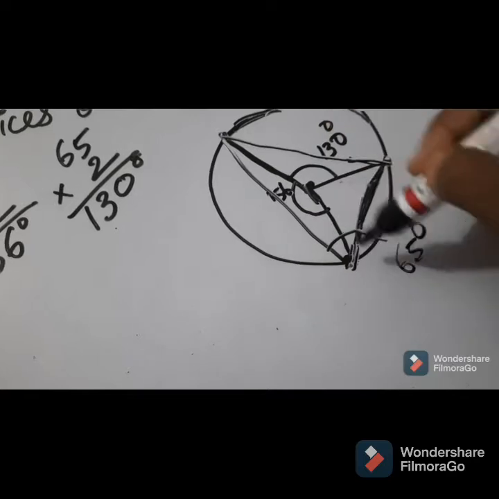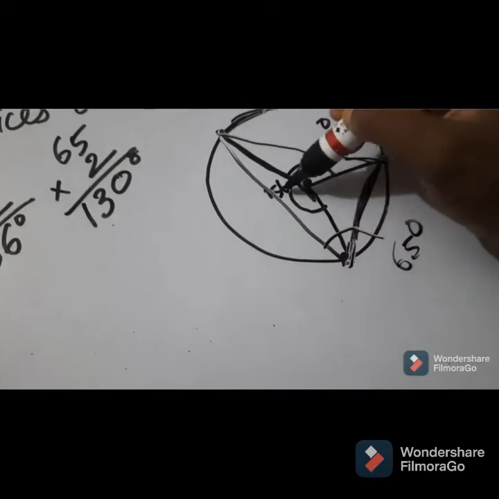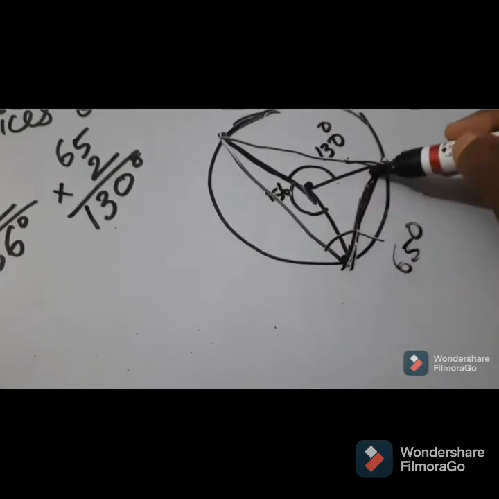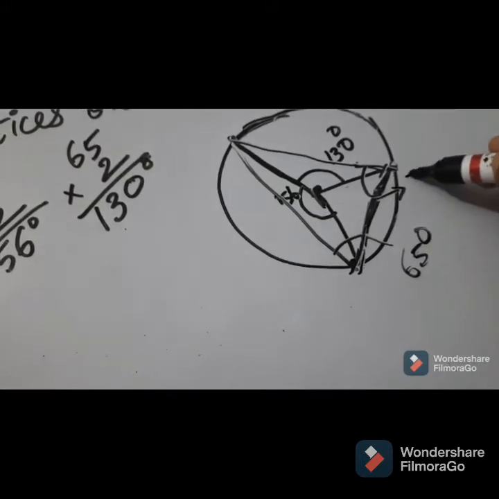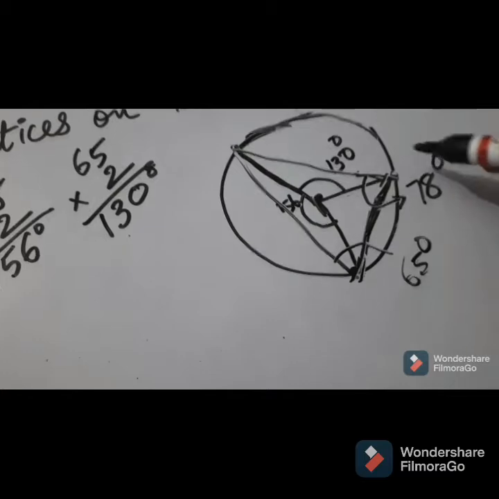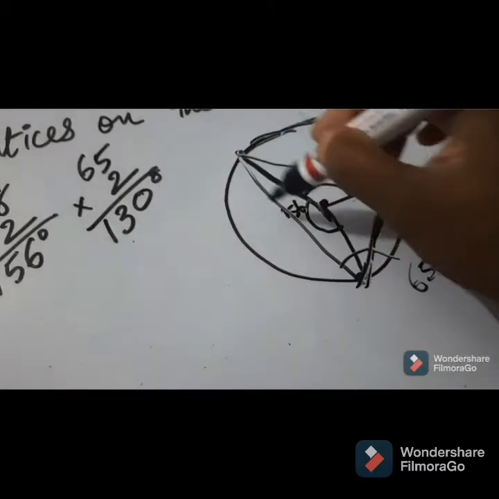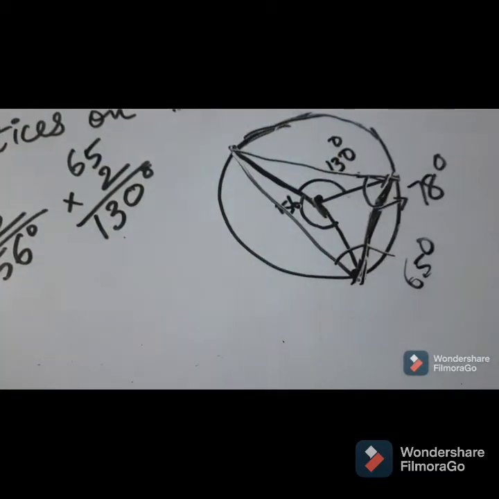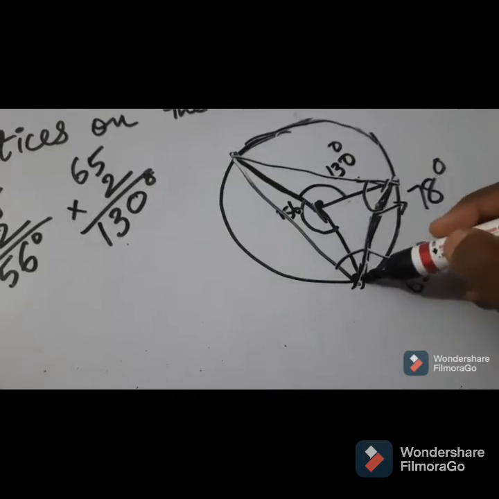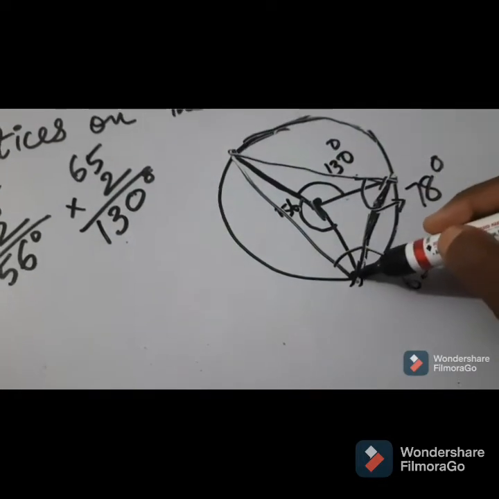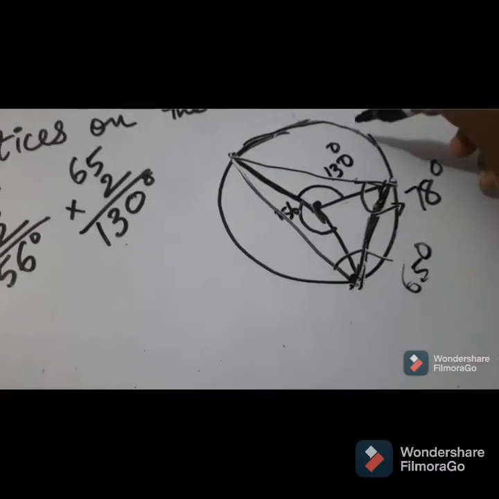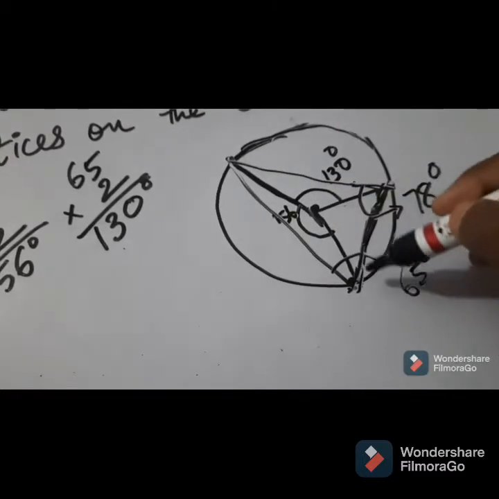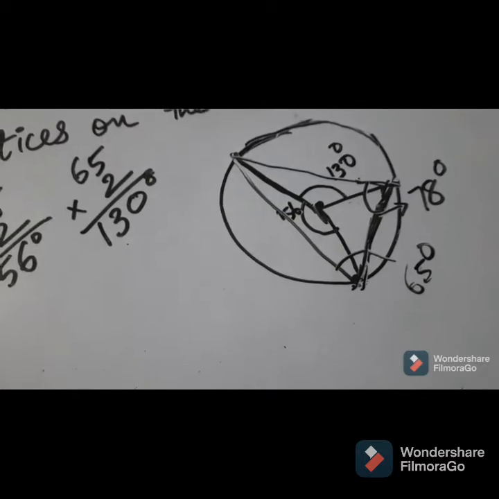So from these 2 points, for 156, this side will be half. The half means this will be 78 degree. So this is the required triangle. We are using these 2 points so that this will make a triangle. Any other points you draw, this will not make a triangle.